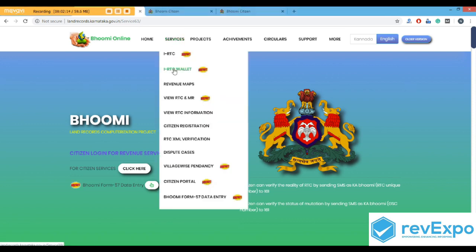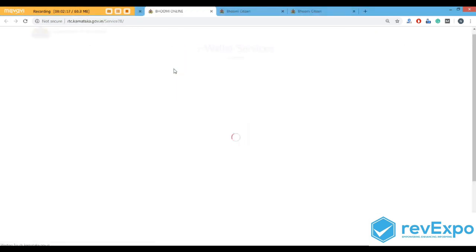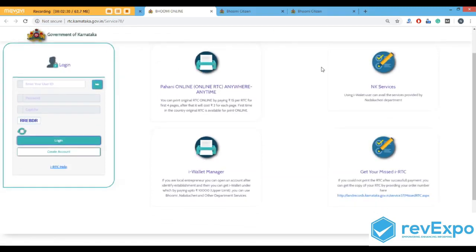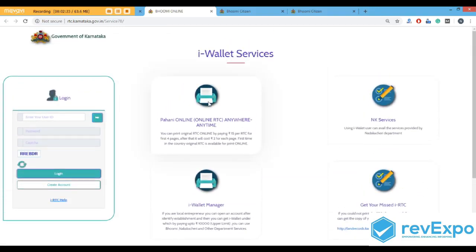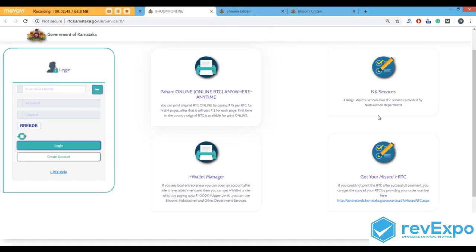Next, moving to the IRTC wallet. So here you can see we have different services provided by this IRTC wallet, where you can print your land record, that is Pahani, online by simply paying 15 rupees for first 4 pages, and after that it will cost rupees 2 for each page. So like this you can request the land record print online itself. By paying online you will be getting the details, and you can use this NK services.